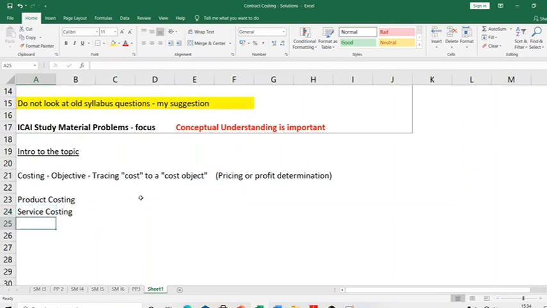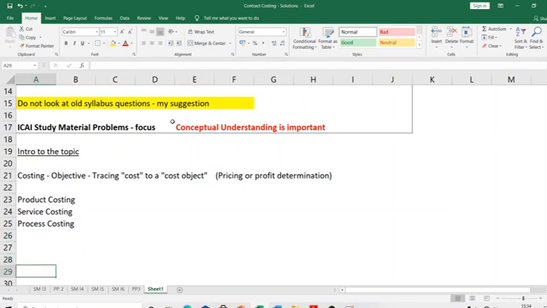Now, another cost object for which you wanted to trace the cost was a process, for which you had a chapter called process costing. So for this process that I am doing in my factory, what is the cost associated? What is the closing stock? Recollect all that you have learned about equivalent units, normal loss, abnormal loss, all of that stuff. So for one process, you want to trace the cost associated. That is something that you did in process costing.